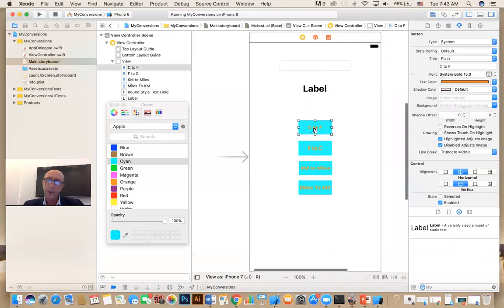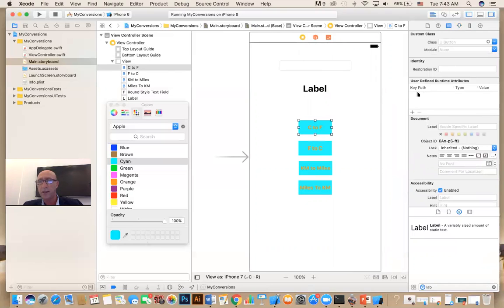You can change the look of these buttons. You can do rounded corners. You can do it in two ways. One way is from the identity inspector. You can add runtime attributes. So you can click on the plus, and then you can say layer